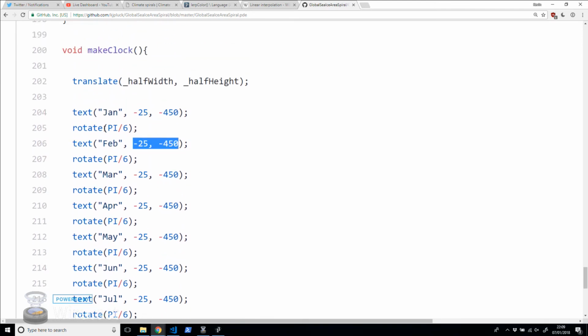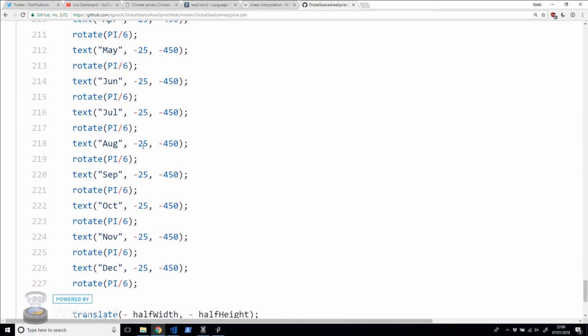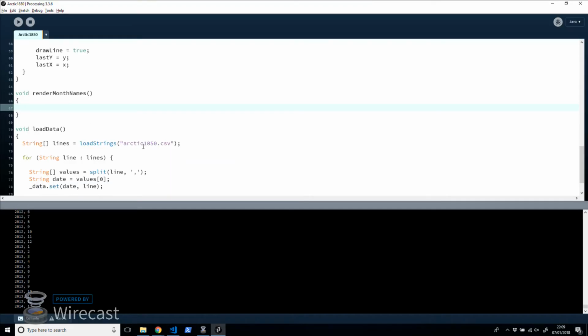In fact, I'm going to be cleverer now. I am going to draw it in a loop, and you'll probably get a better idea of what's going on than that. So let's do that. So first of all, let's create an array of strings called month names, which equals, I think I can just do that, yes,